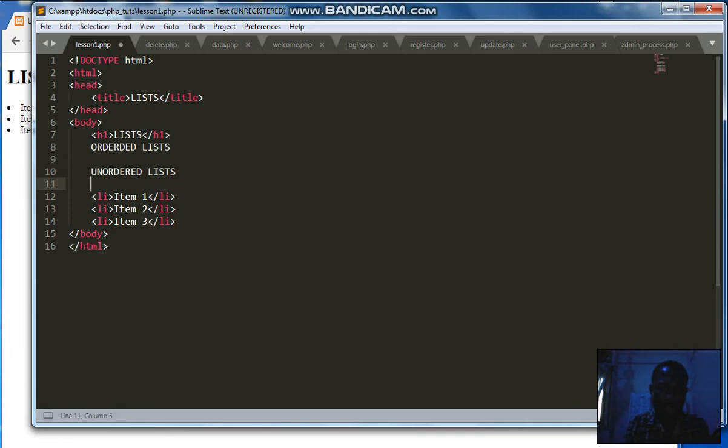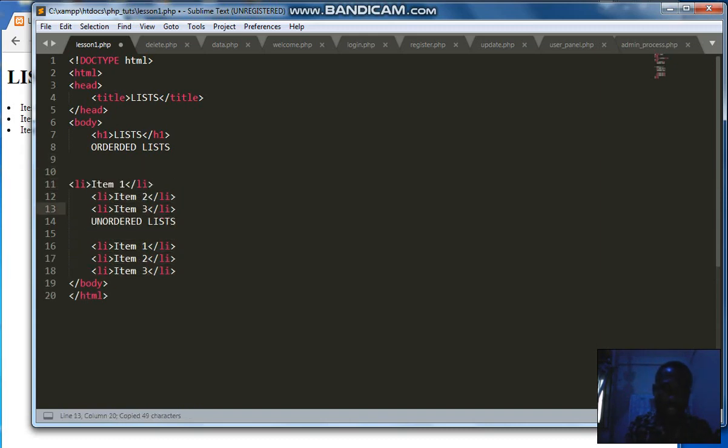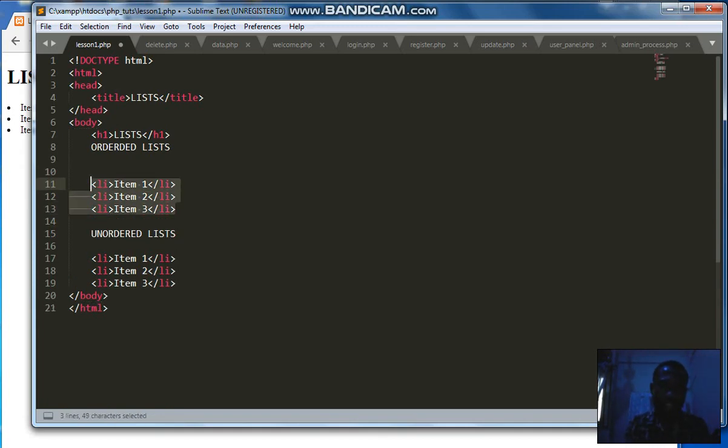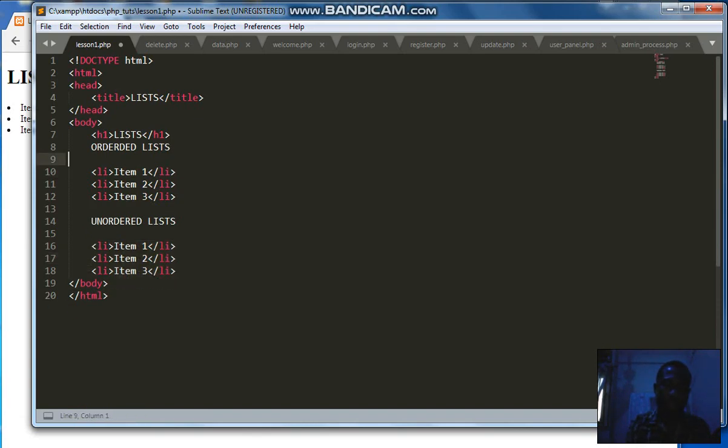Now, after we have had this, let me copy the same thing. I'm going to treat it also under the ordered list. I'm doing this to fall under the ordered list, and I'm doing this one also under unordered list. And these are going to be 2 examples which fall under these categories. The difference